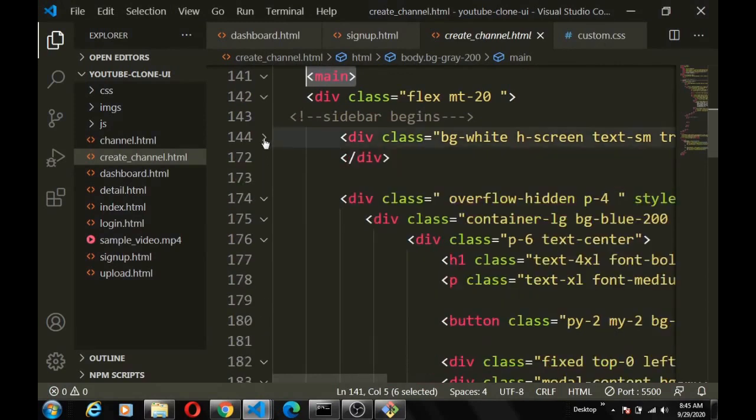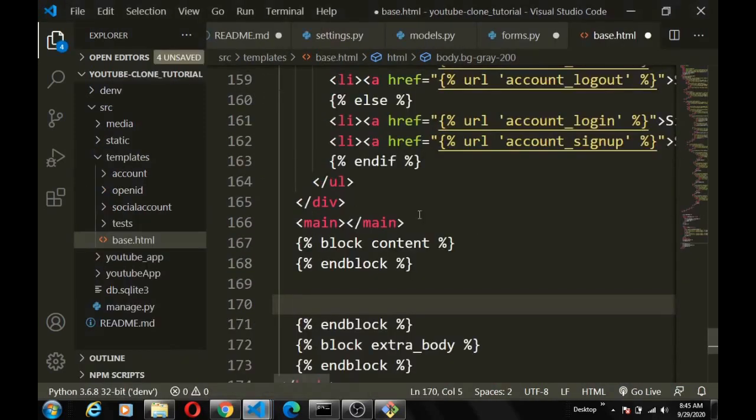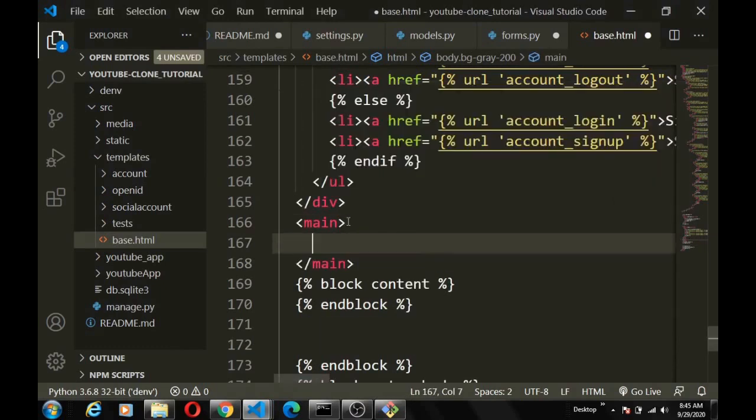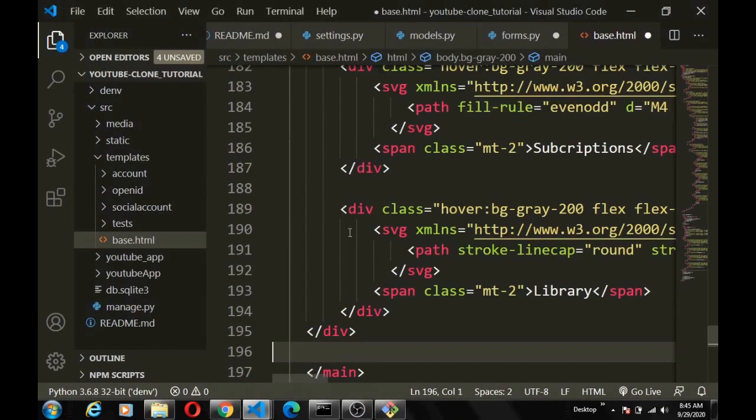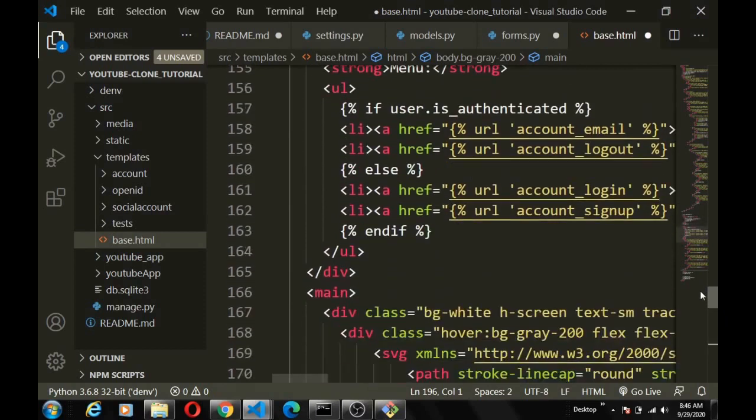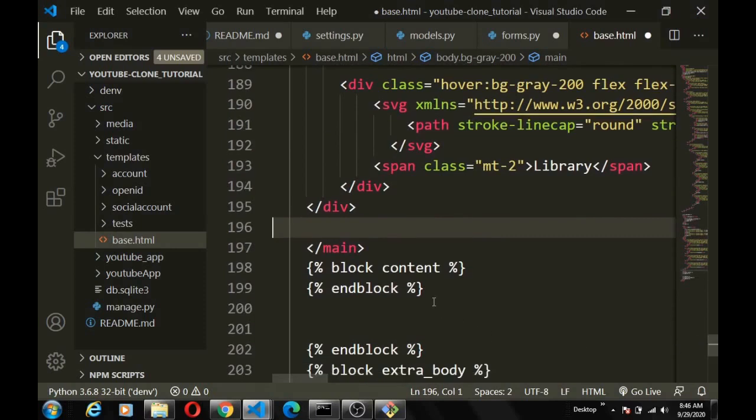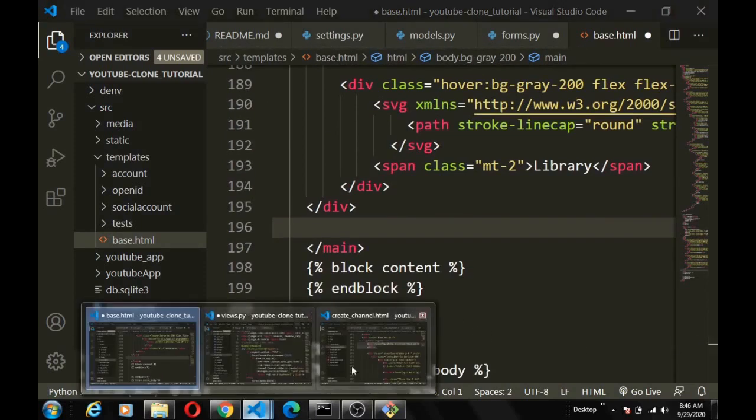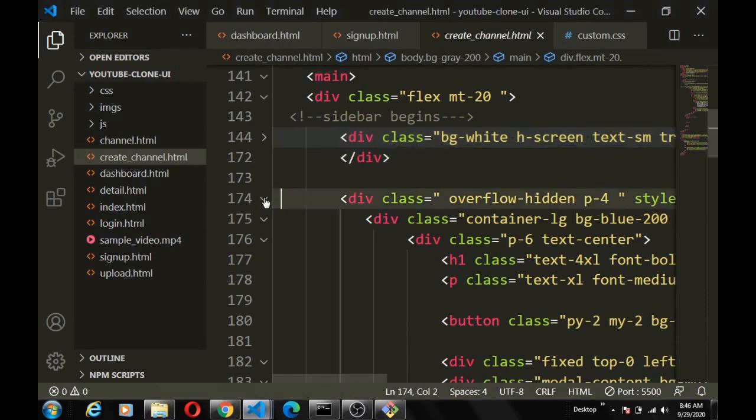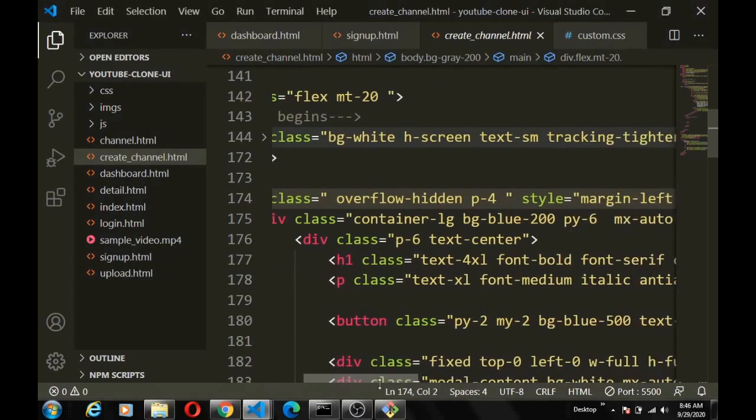This is the sidebar. Here it starts from. Okay, copy the sidebar. Back. Yeah, copy the sidebar there. So the sidebar is inside the main. Then after the sidebar, let's head back. We have this main container area. So what I'm going to do now, I'm going to copy